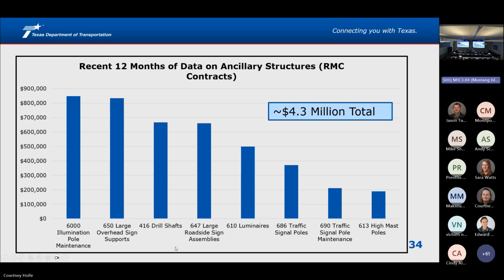In the last 12 months, we ran down about $4.3 million worth of work here. However, this was kind of a quick and dirty exercise looking at bid item data. So some of that bid item probably could have been thrown out. It may have been more just flipping out the bulb, changing from high pressure sodium to LED. So I think that this number may actually be a little bit high. And you can see $4.3 million in the last 12 months is really not that much money.